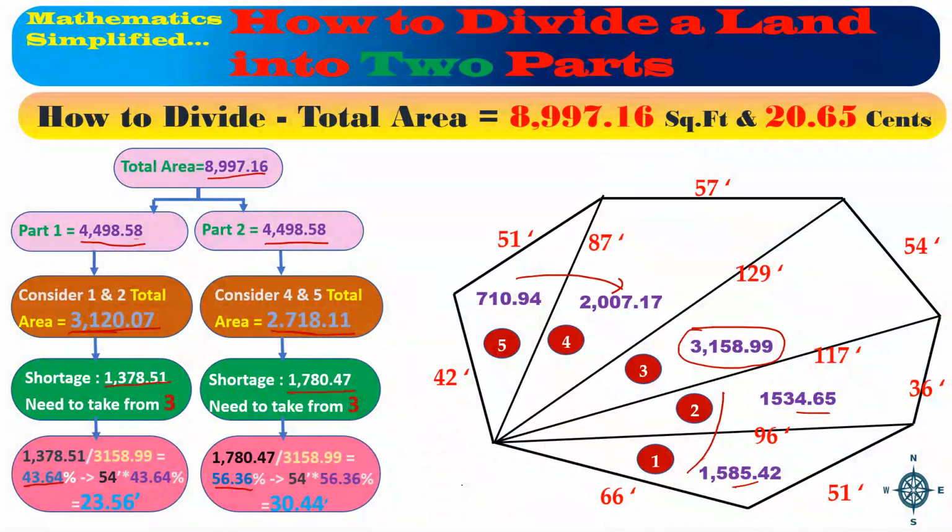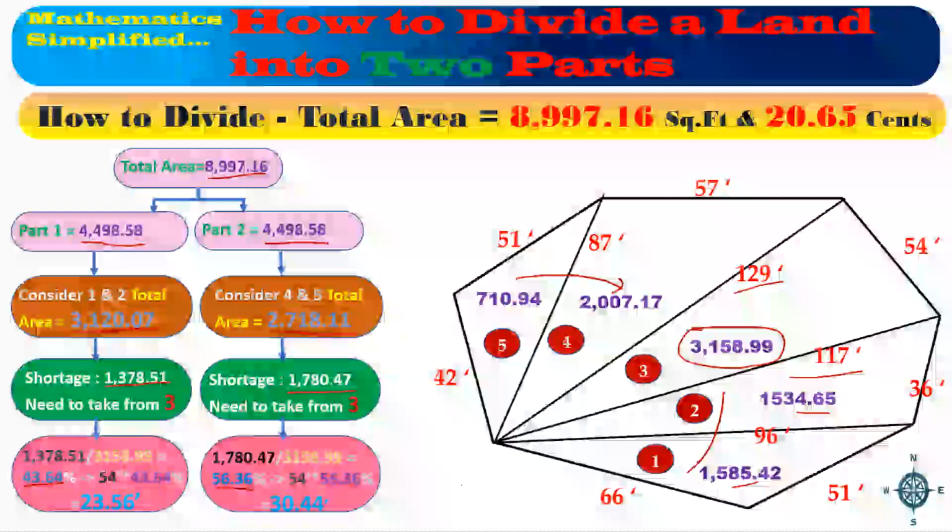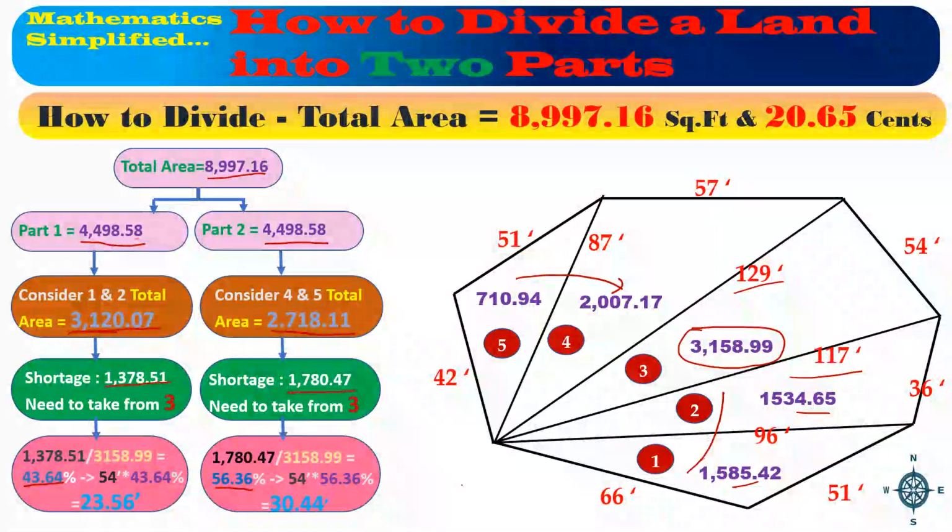Now this side we are considering, this side is 117 and this side is 129. If we are dividing, the line will come like this. This place we need not consider. Finally this is constant and one more line will be formed here. So the division is something like this. Only the 54 we need to divide into 2.